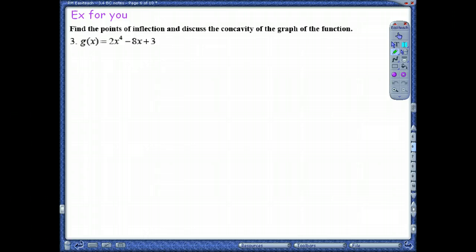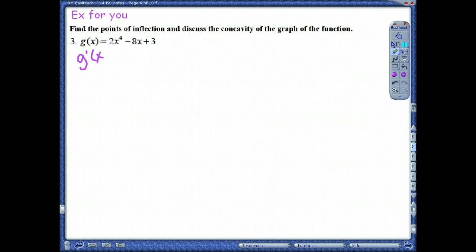Gosh, I hope you are watching this. I hope you tried the problems because these problems are, I'm not going to lie to you, kind of exciting. Okay, so just like what we did in our notes, we're finding the points of inflection and we're discussing concavity. Because they're not asking us anything about critical points, increasing, decreasing, relative extrema, we get to move to the